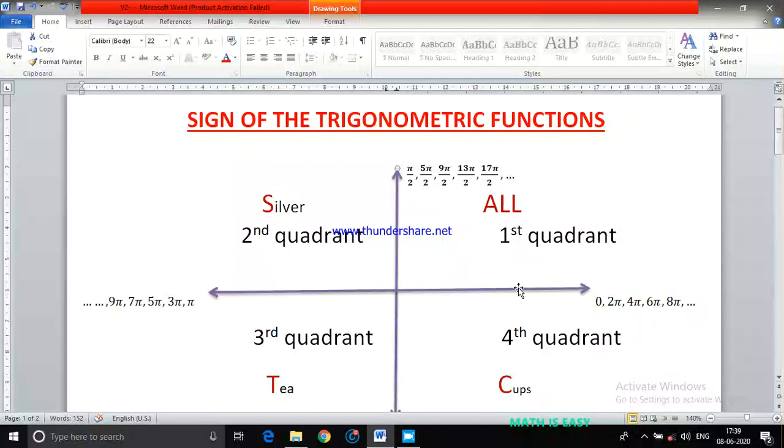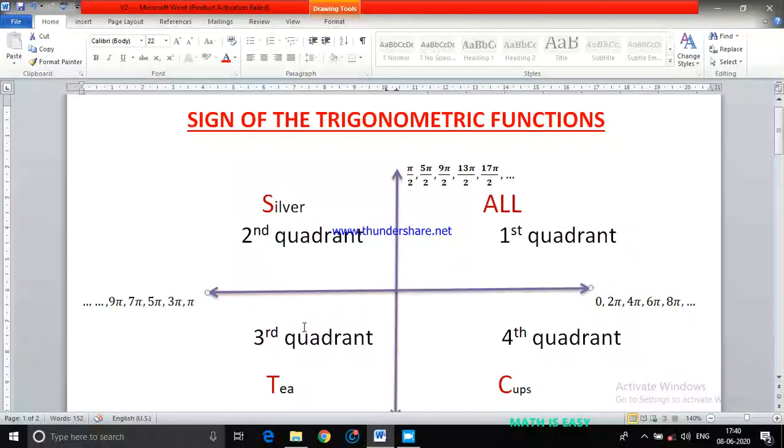You may ask, sir, what happens if it crosses only the x-axis? For example, if I take 210 degrees, this is 180 plus 30 degrees. So I am crossing the x-axis. Initially you may be crossing, but I want the final result. So for 180 also I am crossing the y-axis? No. 210 means 180 plus 30 degrees. Even though you are crossing this, after that you are crossing the x-axis also. So 180 plus 30 means finally you are crossing the x-axis.